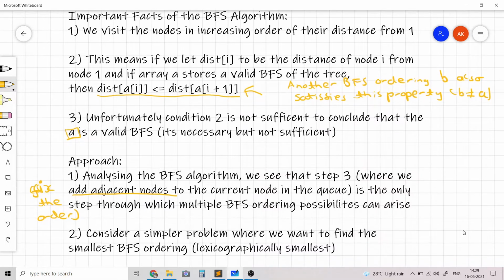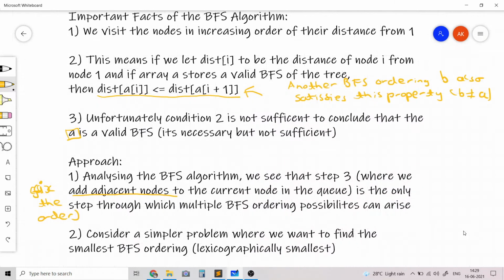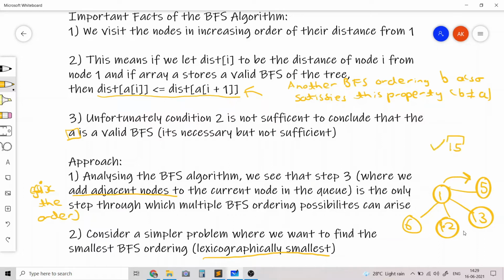If we consider that problem, then once we are at node 1, let's say that node 1 was connected to some other nodes 6, 12, 13, and also node 5. If we want to find the lexicographically smallest ordering, we would go to 5 first, because that would create the initial part 1, 5, and we would choose this over 1, 6 or 1, 12 or 1, 13. We would obviously choose 5.